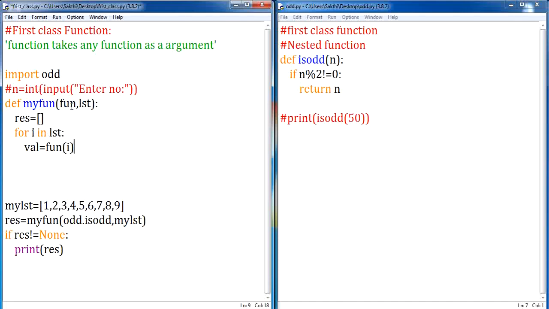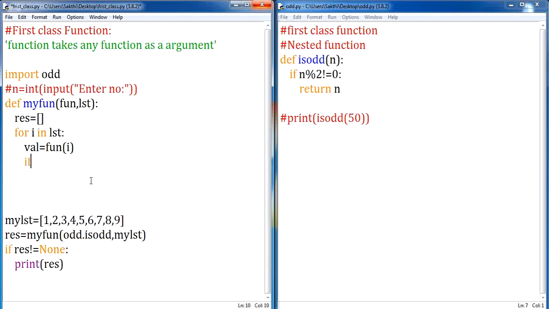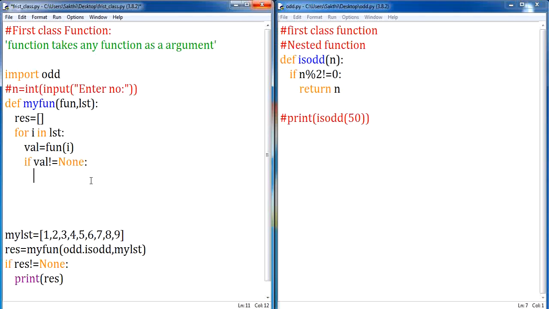Clear? Here I am going to split each and every data and pass it as my parameter to my function. So this function call will happen for each and every value, and it is going to tell you whether the particular number is an odd number. If the particular value is not equal to None, I am writing this for filtering the odd result values. If it is there, I am supposed to append it to my result. Clear? So let me do here result dot append of val. I hope you are clear with it.